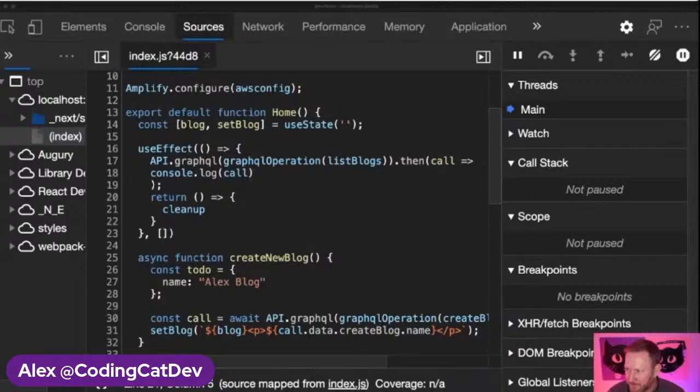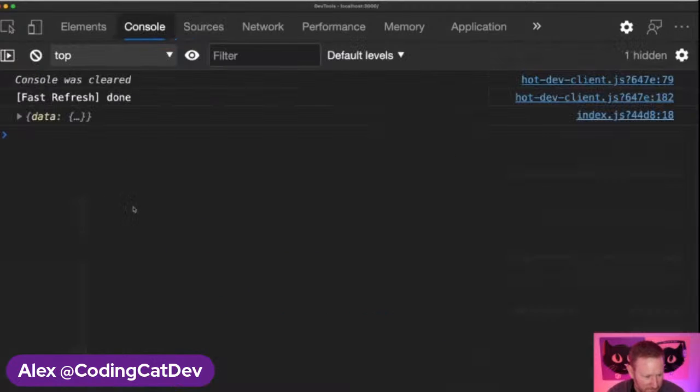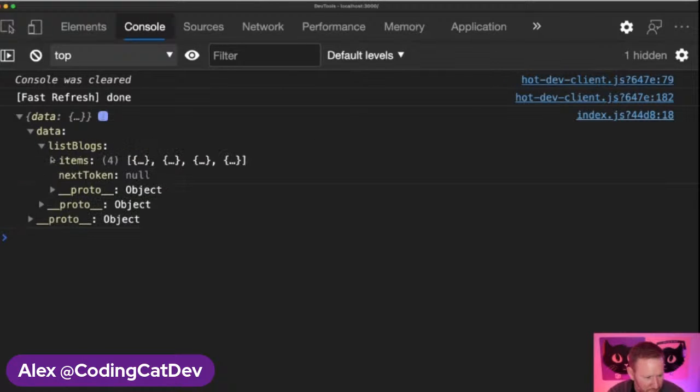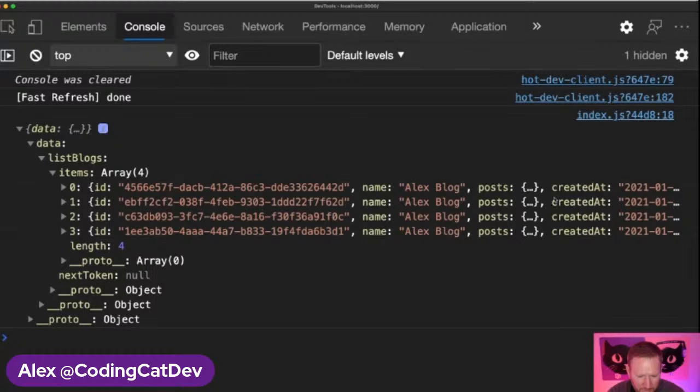If I go to my bottom left screen where the console can be seen, let's see what it spit out. Here's my data, list blogs. Here's some items. And here's the point where you could say, well, we should really sort these created ats on the front end, right? Well, something that is interesting when you start to get into Dynamo, this you could do in Firebase. You just do order by, and unless I just don't know AppSync very well yet,